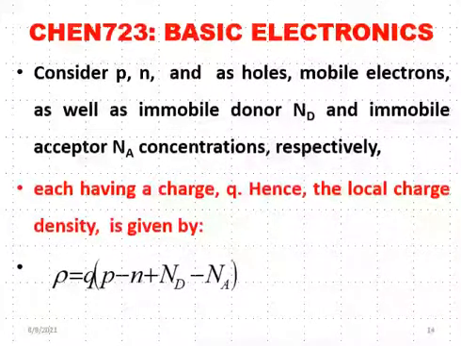Now we assume this p is the number of the positive charge, which is the holes, and n is the number of negative charge, which is what? The electrons. And we assume this Nd is the concentration of the group 5 element we introduce. We call this one Nd because D stands for donor. If you introduce group 5 into group 4, it will share 4 out of its 5 valence electrons, and it has additional extra electron, so it can donate it whenever needed. That is why we call it donor.